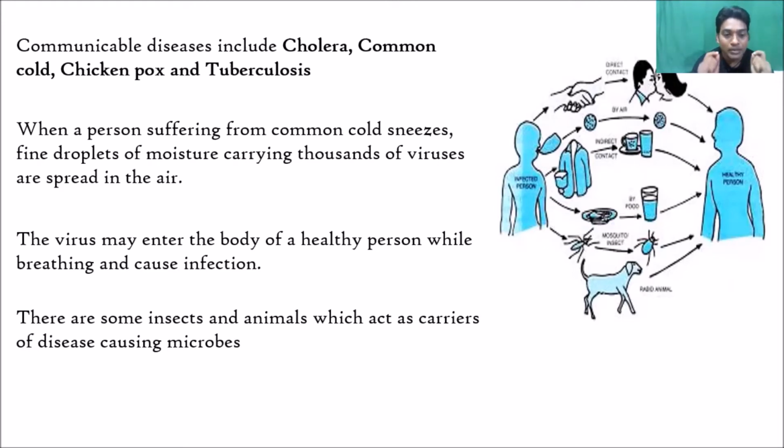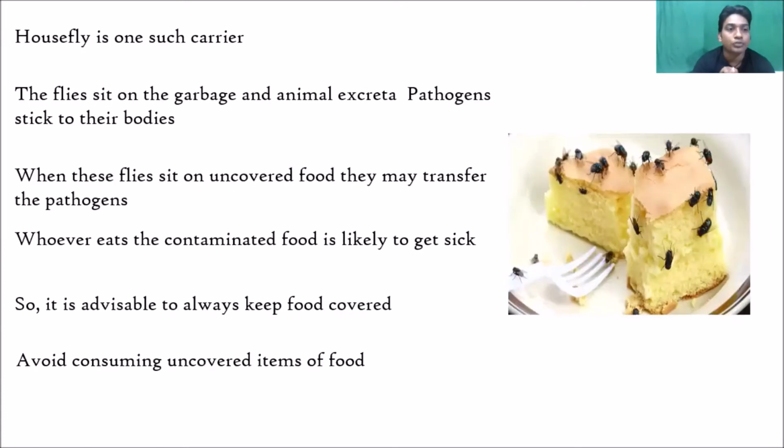There are some insects and animals which act as carriers of disease-causing microbes. So we will see them now. First example is the housefly. The housefly is one of the best carriers for pathogens or microbes. How will they carry? Generally, when we see houseflies, they sit on garbage or animal excreta, and the pathogens will